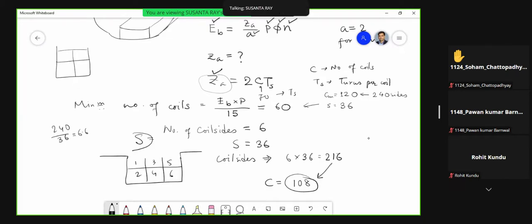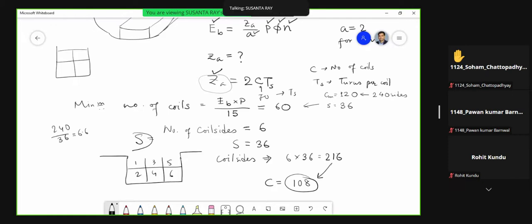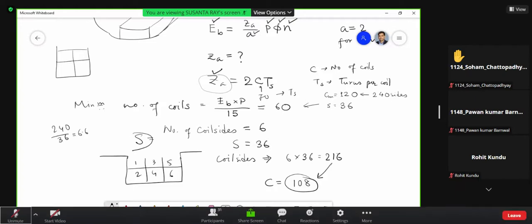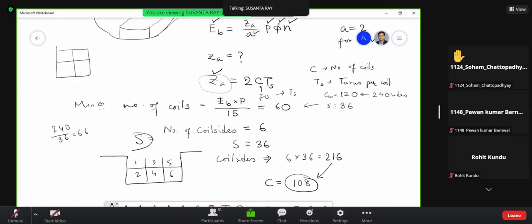What is the modified value of armature conductors, and what was the initial value of armature conductors? What is the deviation? That also you have to see, because in that case your voltage will deviate too much. Earlier it was 388 conductors, but now it is coming as 360 conductors. So you see what is the maximum allowable deviation?